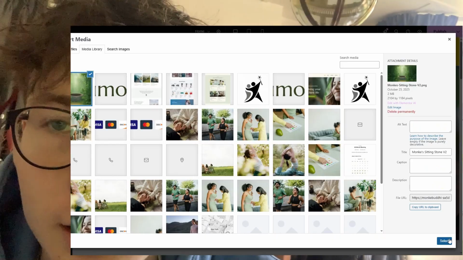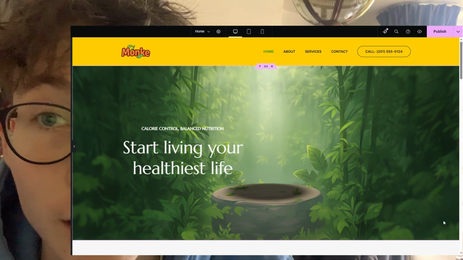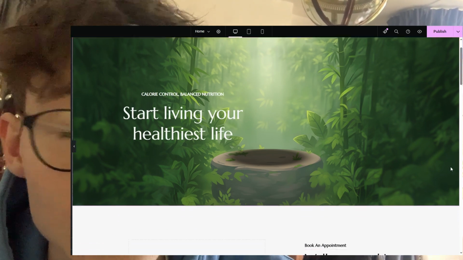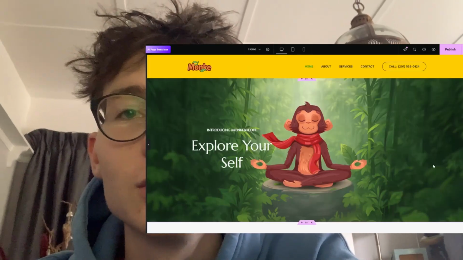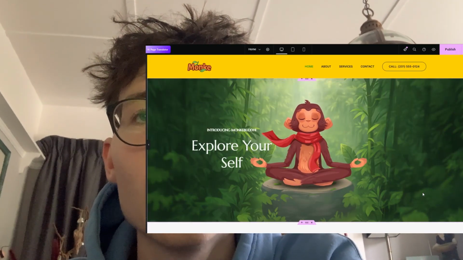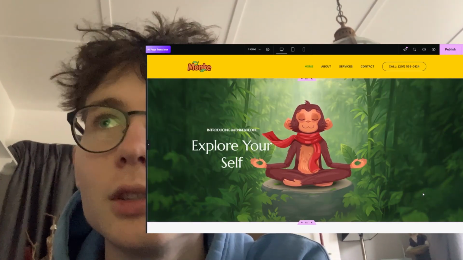Damn, I just added the scene, like the game scene, where I got the monkey sitting on the stone. And this already looks cool, man. This already looks so cool. Now I just need to figure out how to put monkey on that stone and make him animate. As I said, I've added him floating. It looks really cool, and when I hover on him he pops a little bit, which just looks sick, so